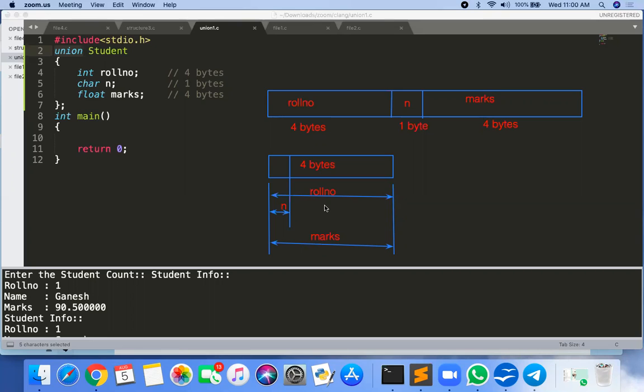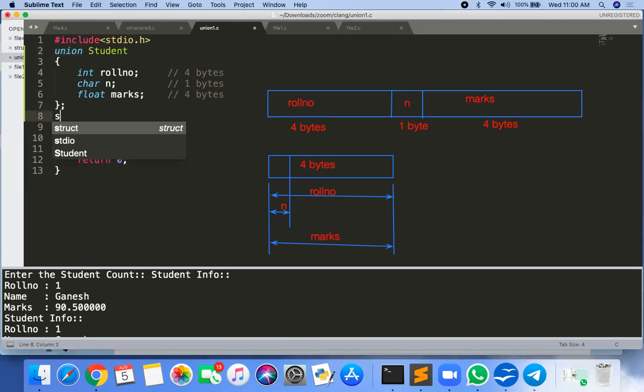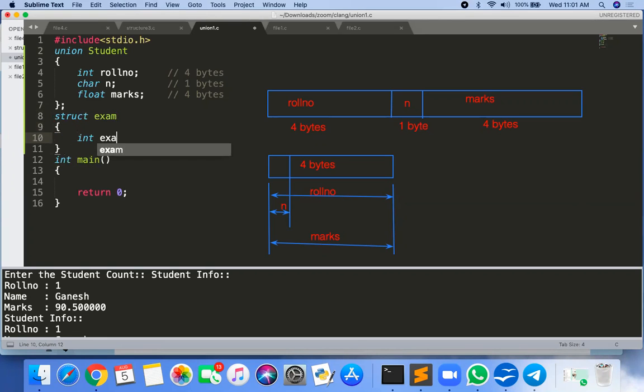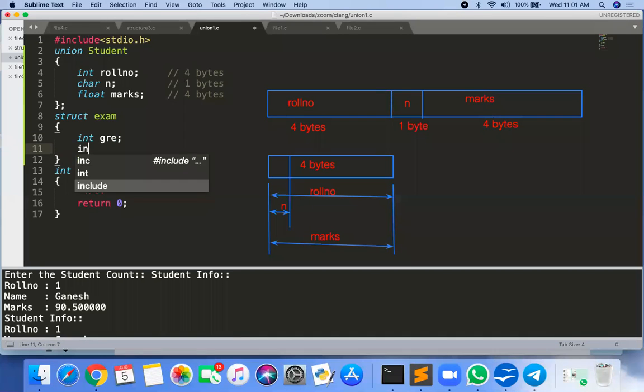Then I'm going for union. If instead of union I'm going for structure, then we have to create two variables here, like struct exam with int GRE and int TOEFL.